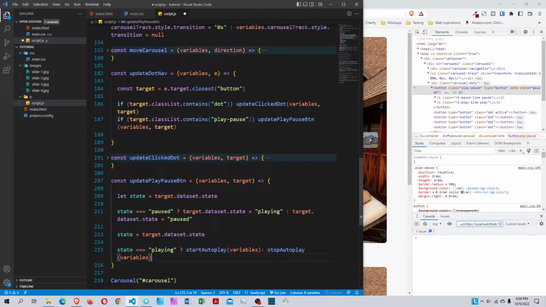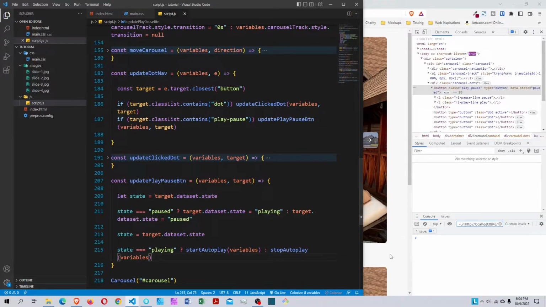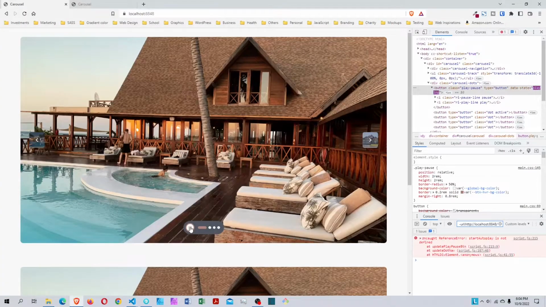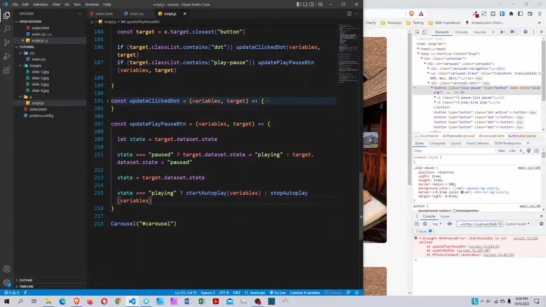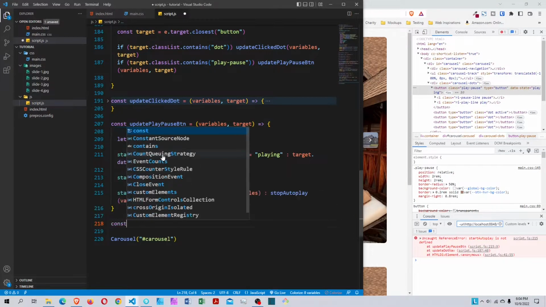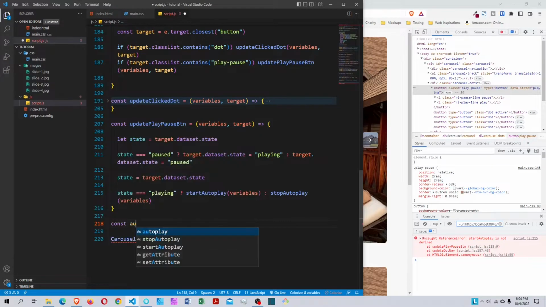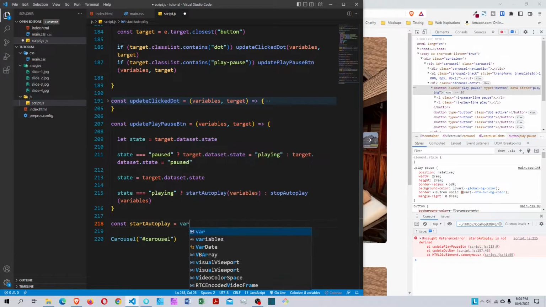So I save this one. If I click it, yeah, error goes that we didn't create the function yet. So we're gonna work on that right now. So down here after this one, the constant autoplay, start autoplay, take the variable,